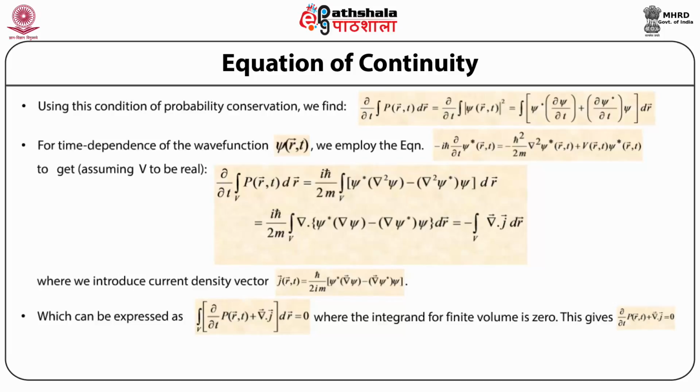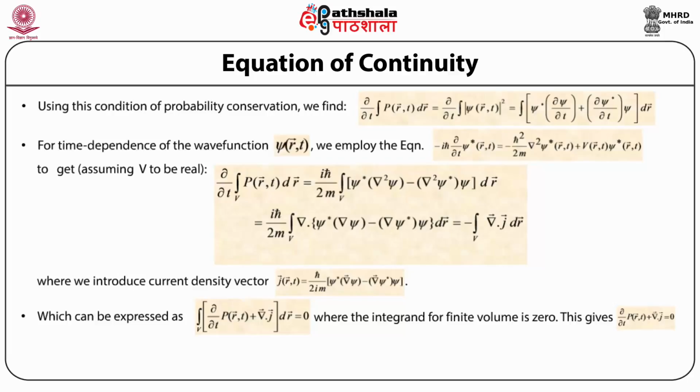And using this definition of the current density vector, we can then rewrite the above equation denoting the condition for probability conservation as the volume integral over vector dr of bracket open partial derivative with respect to time of the probability density function ρ as a function of position vector r and time t plus the scalar product of the del operator with the current density vector j, that is the divergence of the current density vector j, bracket close